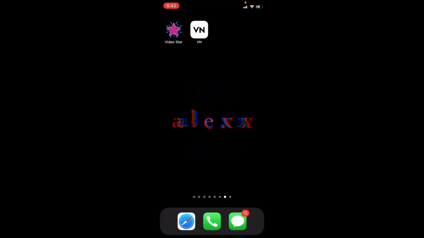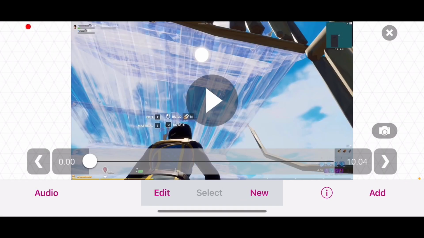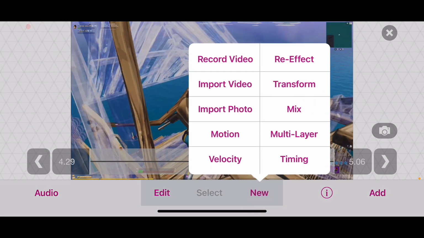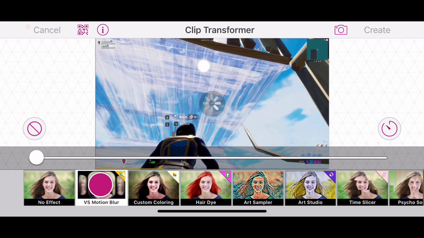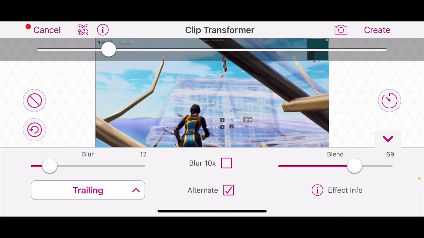We can go and open up Video Star. Press the plus, edit video. Now what we're gonna do, we're gonna go new, transform, and we're just gonna add some motion blur. So we're gonna go to VS motion blur. We're gonna go with something like this. Now we're gonna go to new